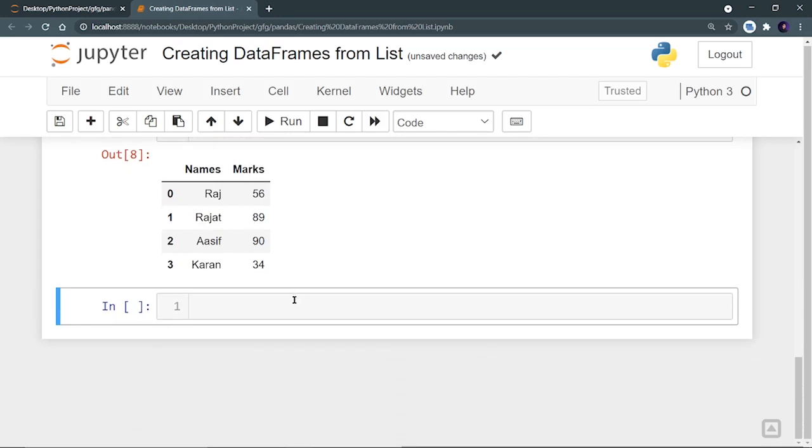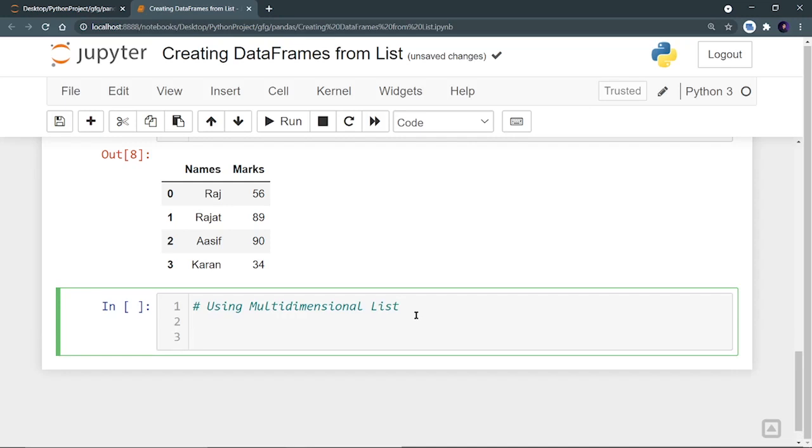Now we are going to move on to the third method, that is using multi-dimensional list. In this I have to create a list of lists. So I will name my list as lst, and inside this I will be having many lists.